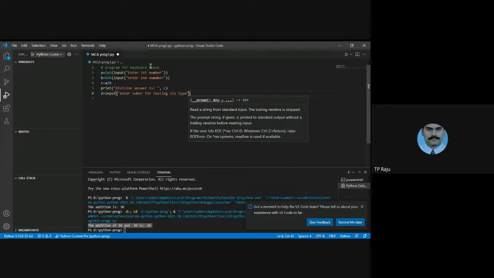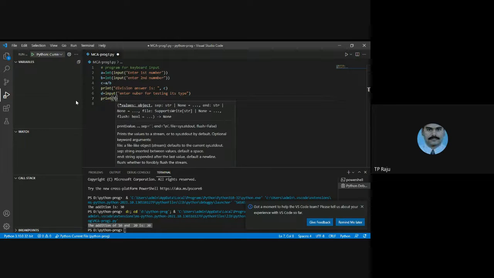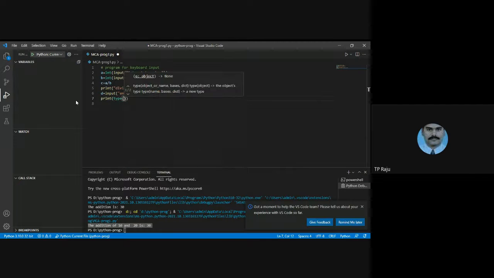I'm entering one more number. By using that number, we are able to see the type of that value. I write here print. Type is the function. To the type function I give the variable t. This type function returns the data type of that variable t.